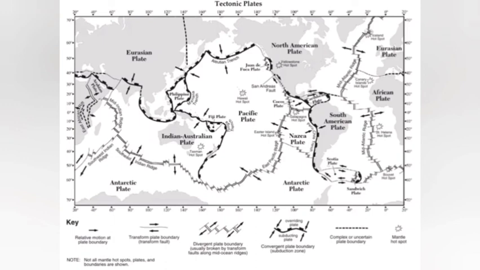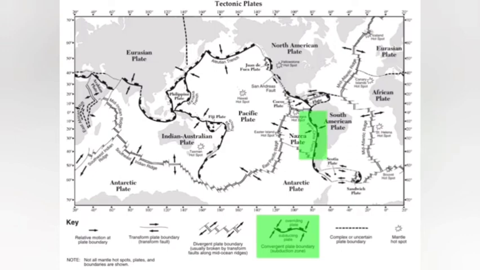Before I go back to the chart here, we also have a third type of convergent boundary called a collision zone, and that would be continental-continental. The best example of that would be India crashing into the Eurasian plate where the Himalayas are forming. But again, convergent boundaries can be seen with this symbol down here, and probably the most famous one that we will discuss is the Peru-Chile Trench on the west coast of South America.